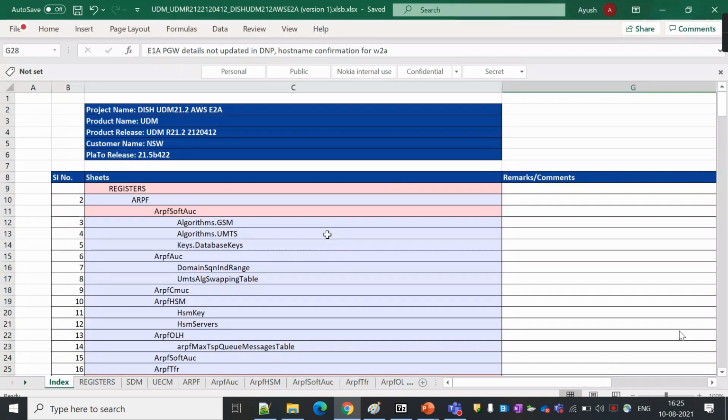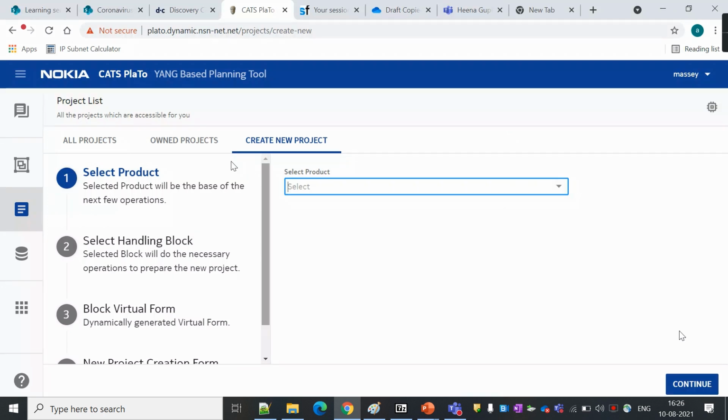So I'm just going to show you this. Suppose we have prepared this file and we are going to upload it on the Plateau tool, because we are not going to deliver this file in the XLS or Excel format. We have to prepare the XML version, so the Plateau will do the conversion also. So here what we need to do: